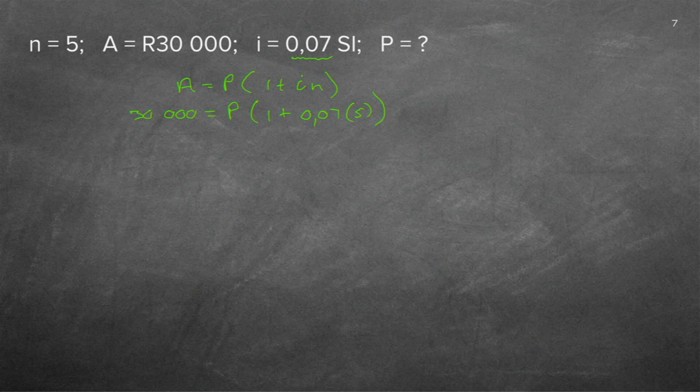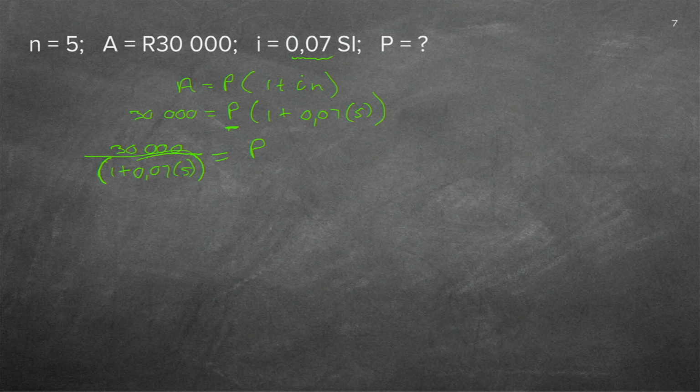And now I need to get the P all alone. And this you learned in grade 8 already. And you practiced it a lot. How to make something else the subject of the formula. So I'm going to rearrange this formula. If you want this P all alone, there's a bracket that's being multiplied with the P. We need to do inverse working. So if it's multiply, I need to do the reverse, which is divide. So if I divide the right-hand side with a whole big fat bracket, I need to immediately, not in the next step, immediately divide the left-hand side as well. Remember the big bracket around. And there's your little line.